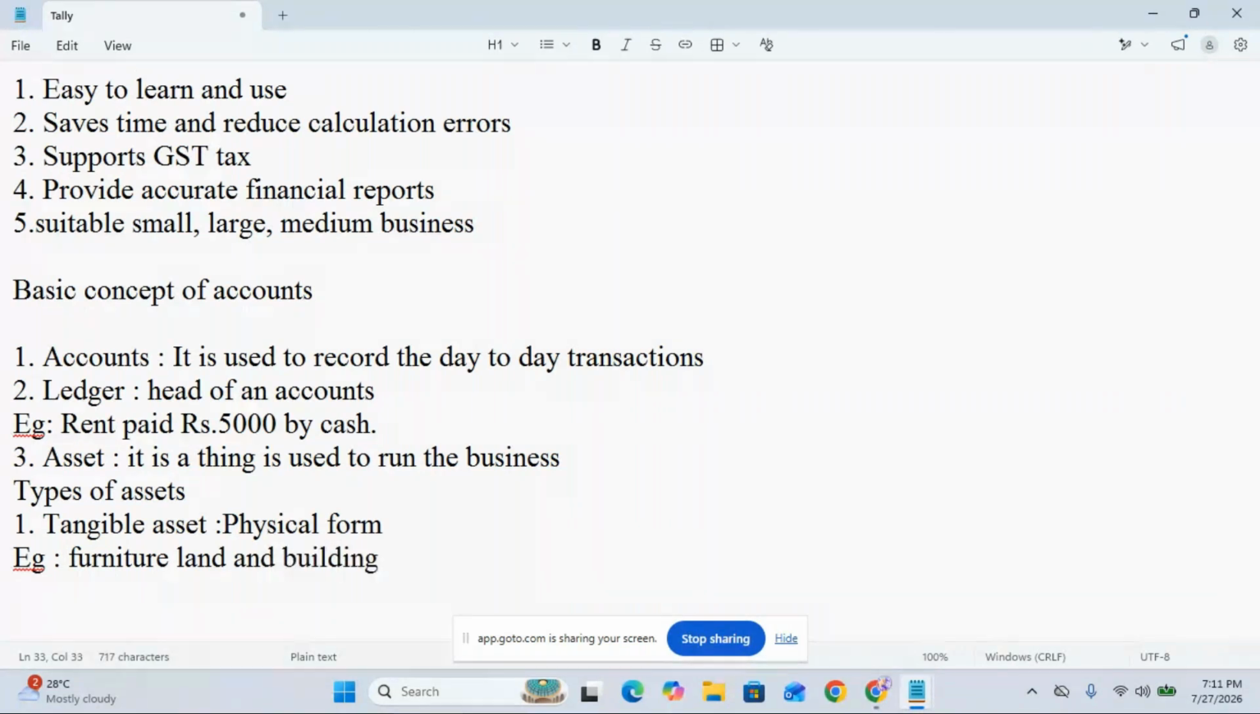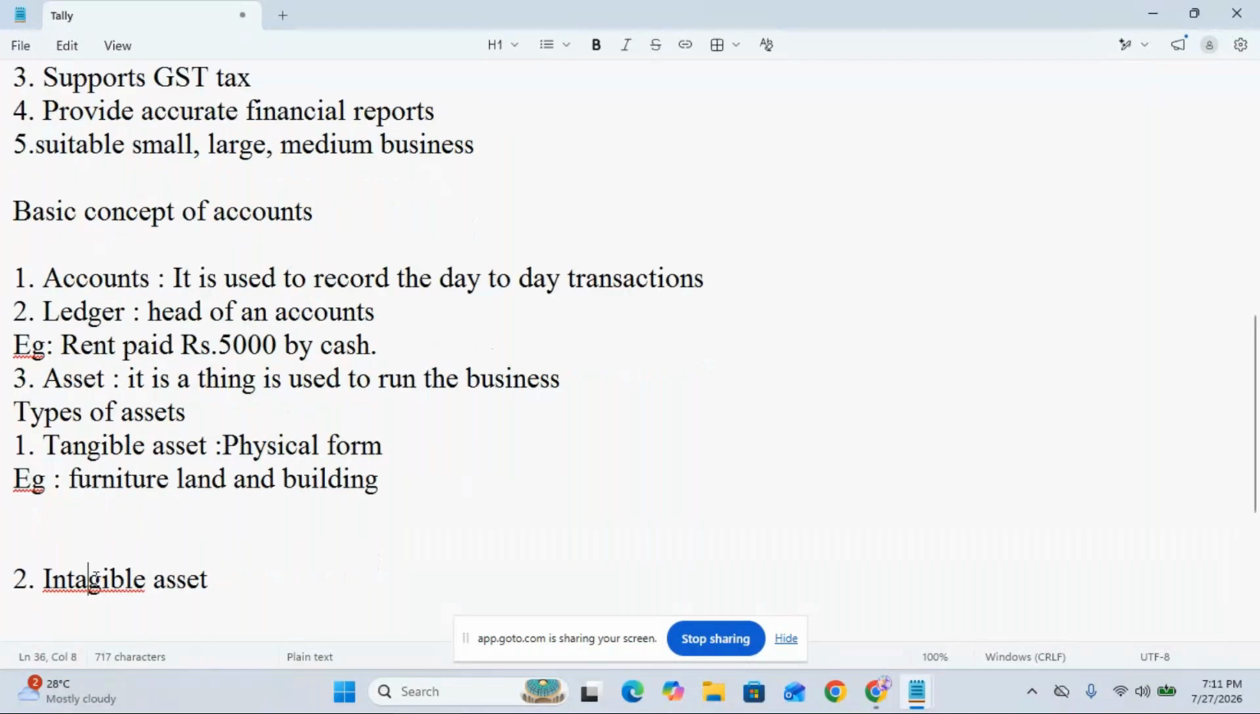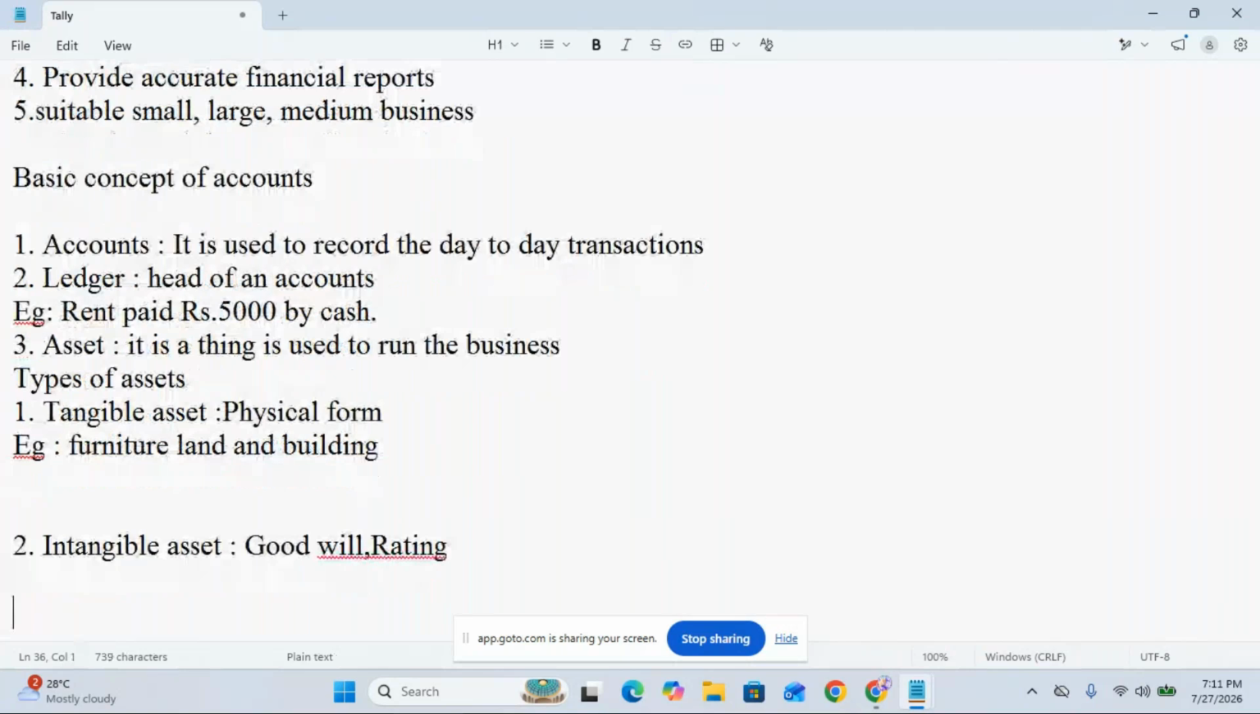Okay, what is an intangible asset? Goodwill of a business, rating, reviews, brand, patent. So these are intangible assets. Again, we have current asset and fixed asset. Okay. Next one,